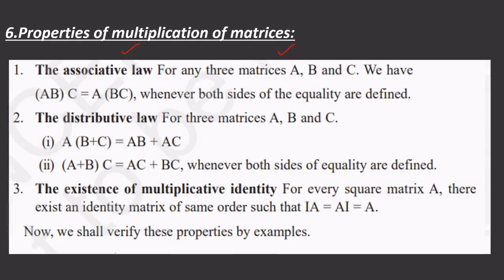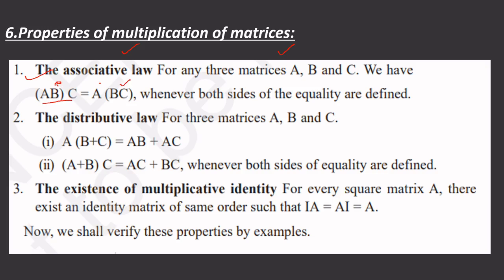Properties of multiplication of the matrix. What are the properties of multiplication? Like we can see in our earlier slides, in addition there are commutative and different types of properties. They also have multiplication matrix properties like the associative law. Like ABC is multiplication in a different order: first we multiply AB and then C is always equal to